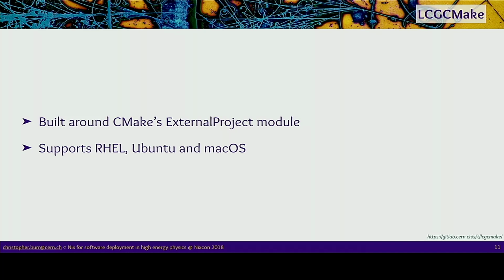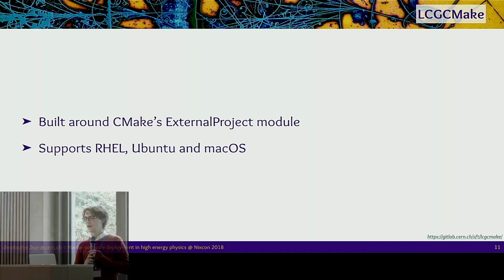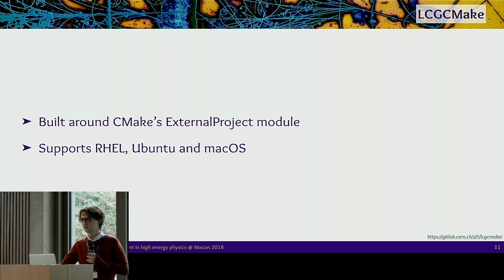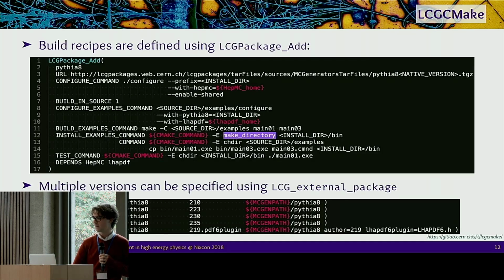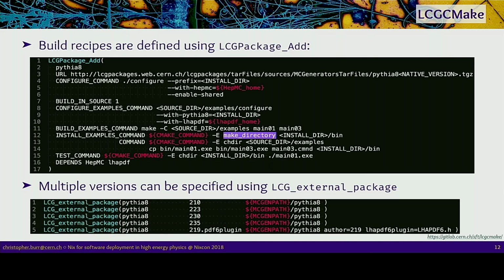The way that we then build our software on this is that there's a package manager, kind of, that was built by some people at CERN called LCG CMake. It is built around CMake's external project module, and builds, for some set of strings, all the dependencies that we need for some package, with some base set of system dependencies that we expect there. The way that these expressions end up looking, like the Nix derivation equivalent, is that